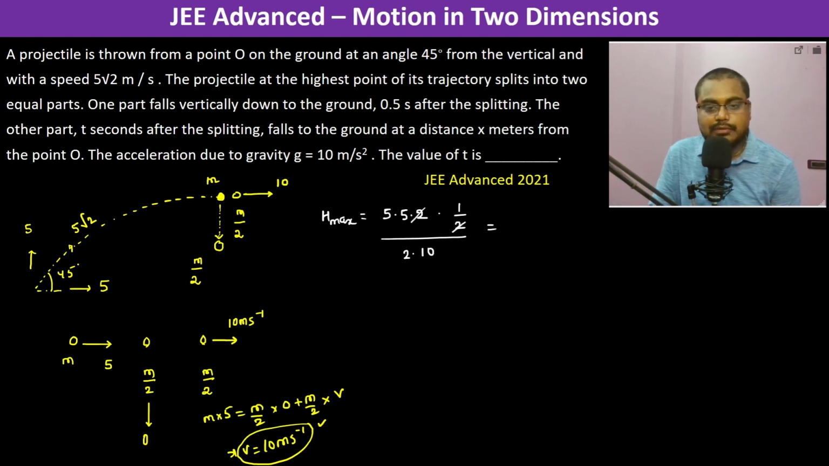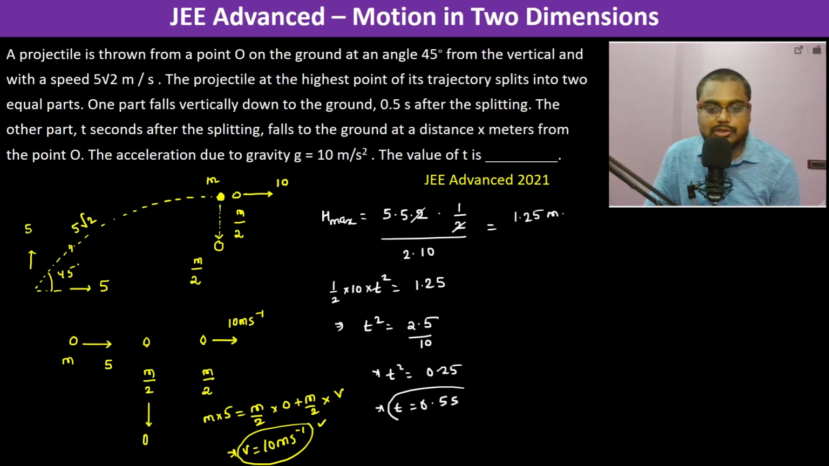Okay, so it's 25 divided by 20. So this is 1.25 meter. Okay, fine. Now what is the time taken to fall? So half into 10 into t square should be equal to 1.25. So therefore t square becomes 2.5 divided by 10. T square becomes 0.25. So therefore t is 0.5 seconds, which we have also got here, 0.5